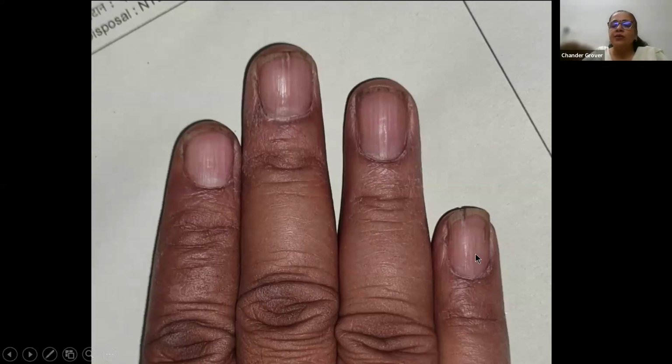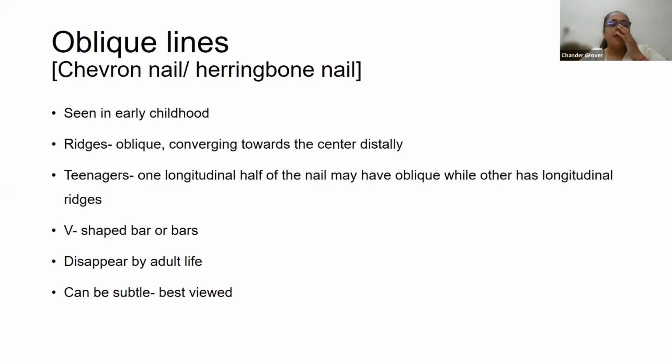You can see this is a sausage bead. I hope on your screens you can see the split, the interruptions which are occurring in this ridge. This is a ridge. However, these are scratched by an awl, that kind of appearance, the onychorrhexis. So this is the difference, how we need to make it out. And each of these things will, as I discussed, add up to our clues to the possible cause. Here, the simple cause is aging, nothing else.